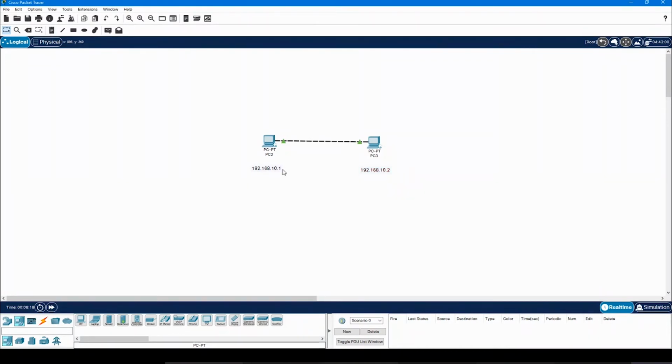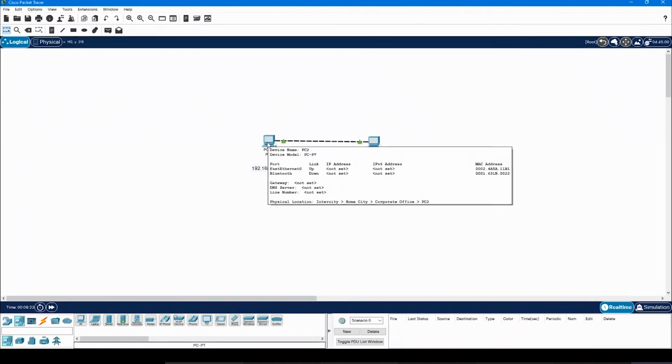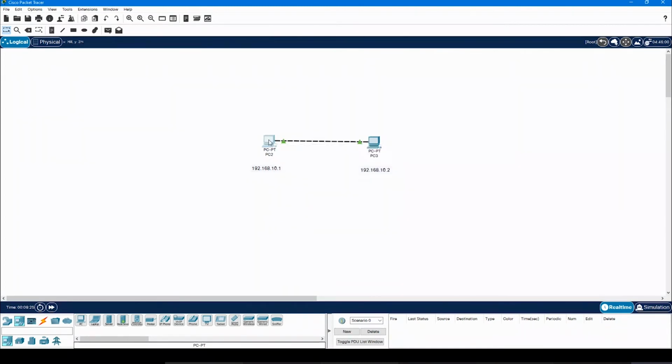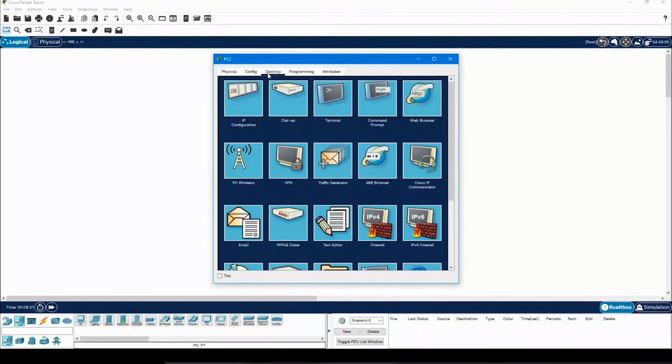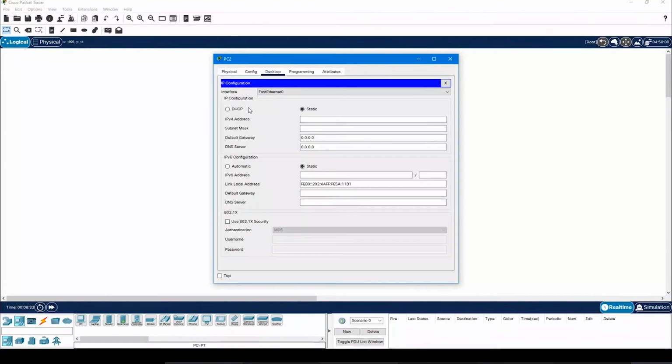Now let's understand how you configure an IP address in the PC. All you have to do is left click on the PC, then you will get this window. Here you will go to desktop, IP configuration, and you just have to type the same IP address in the bar of IPv4 address, which is IP version 4 address.